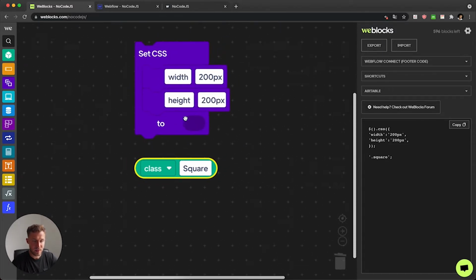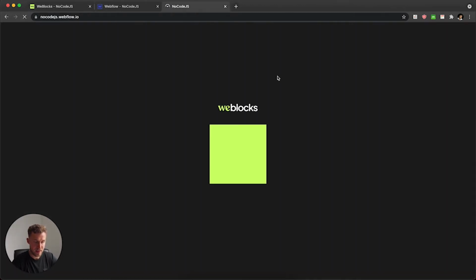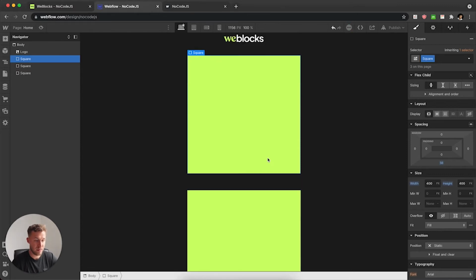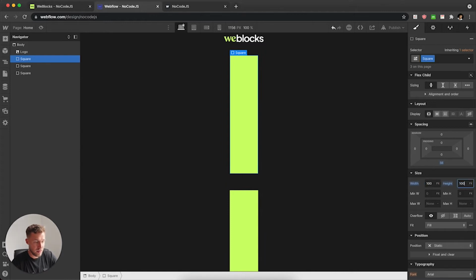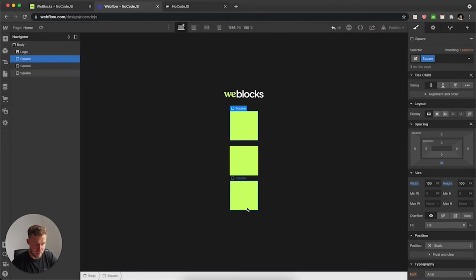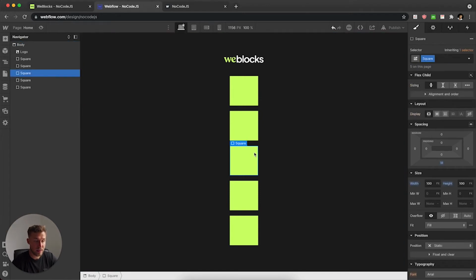As you saw in the first video, when I connected with the class, this element is changed. But what if I would like to add, for example, 5 squares with width 100, height 100, and a little bit smaller margin. Okay, and right now I have 5 squares, and I would like to connect only with this one, which is in the center. I can give it an ID,